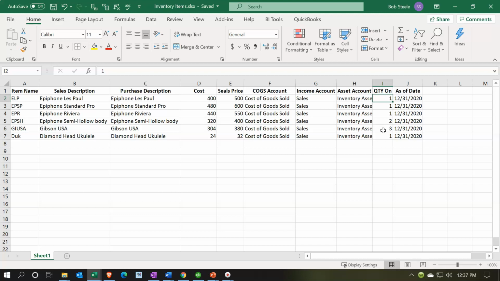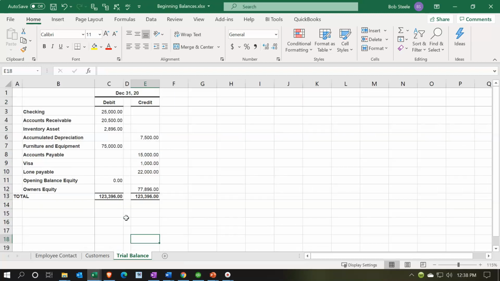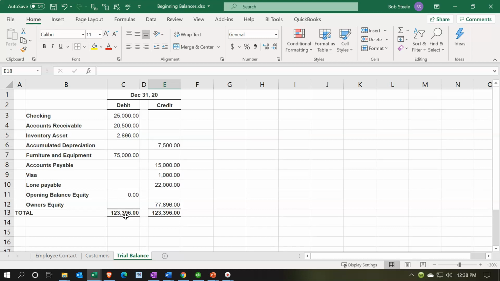However, if there are some things that are already in the system, we already have some inventory on hand and we're trying to put them into the books, then we're going to have to record that inventory item on hand at this point so that we can record it, and QuickBooks will make a journal entry for it. In other words, if I look at the trial balance, our beginning balances, we're going to assume we already have some inventory, and that inventory is going to be this